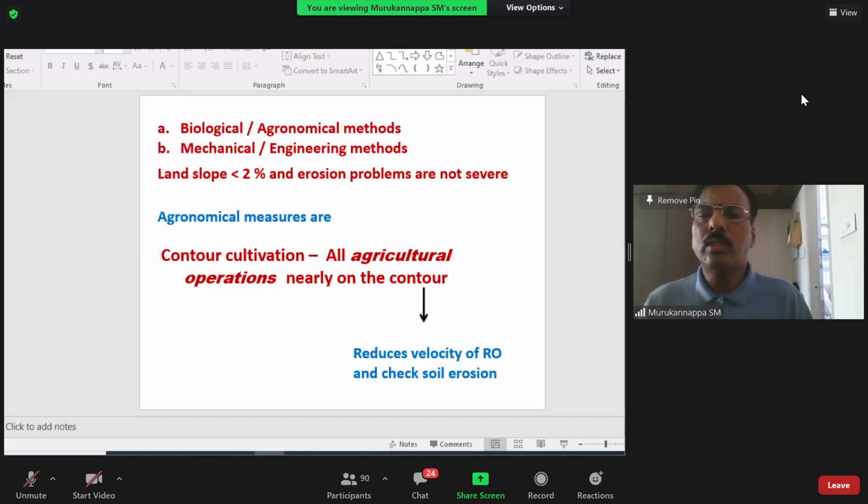Is it clear? I told you already, the agronomical measures are nothing but soil manipulation, so that you can infiltrate more and more water during the crop growth. These agronomical conservation measures are adapted in which category of land? Tell me, anyone. Tell me, Chetan, Arun, where we have to adopt this kind of agronomical measures, in which category of land?